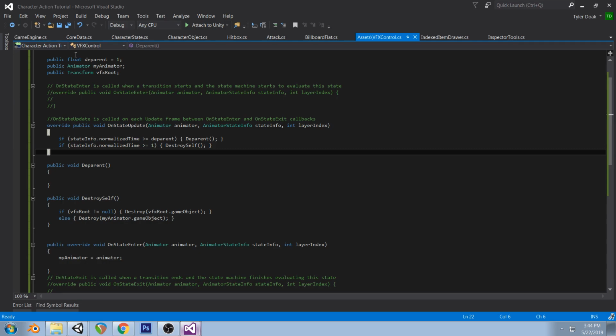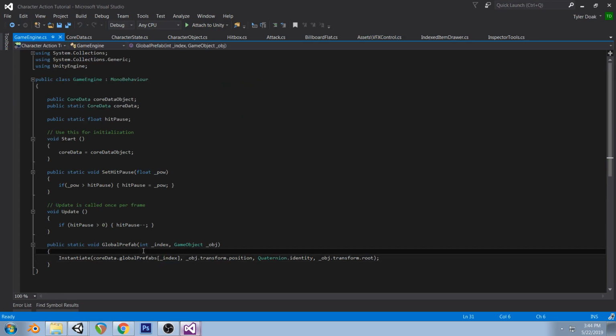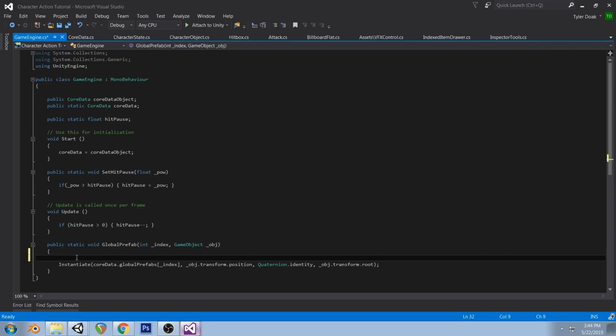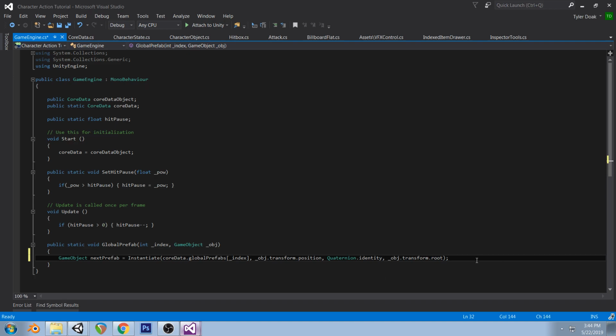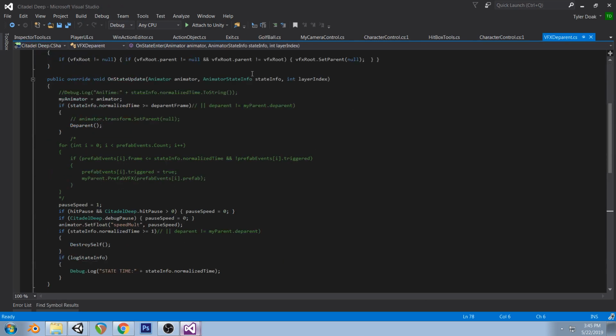is, in our more robust one in the game engine, create a game object. So luckily it returns a game object, which is really common. That's a common game design thing. So game object next prefab equals that. So now we have the next prefab, which we can mess with. So this part gets a little dicey. I don't know if it's the best way, but